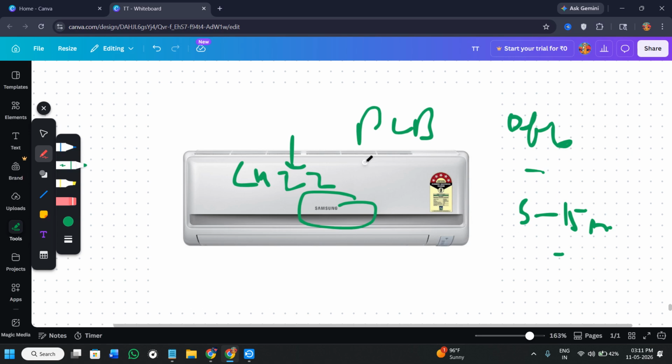After powering the AC back on, you need to also listen for the outdoor compressor unit. Check if the fan starts spinning normally. If the indoor unit runs but the outdoor unit stays silent, it means that the communication or the power delivery